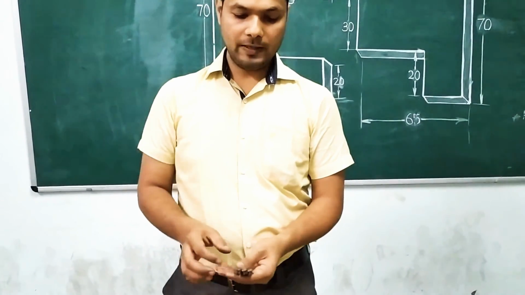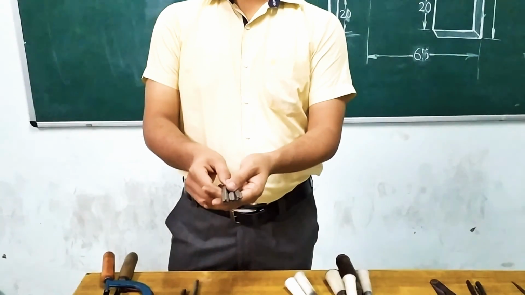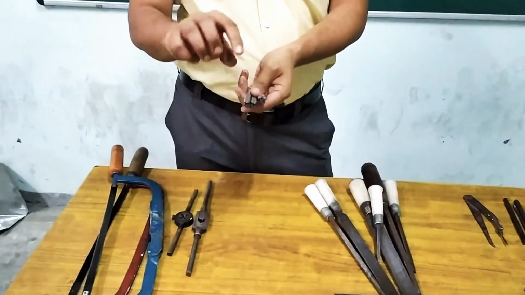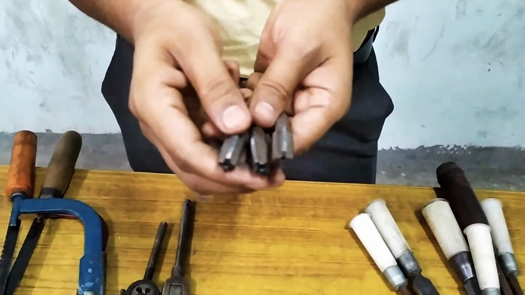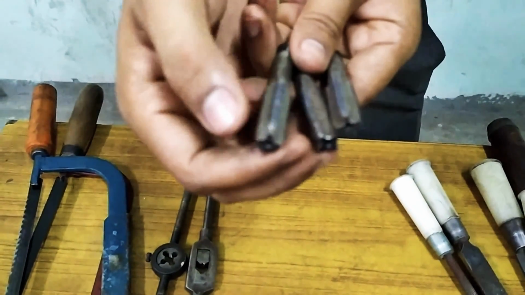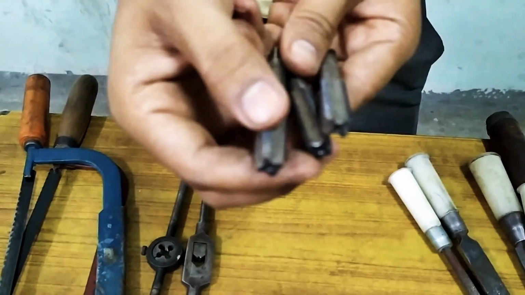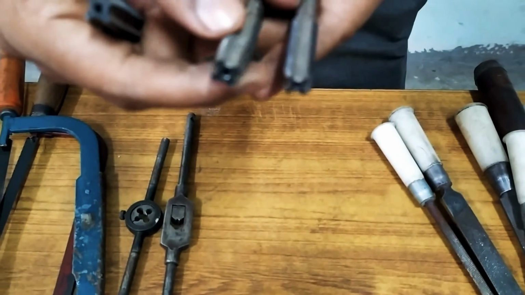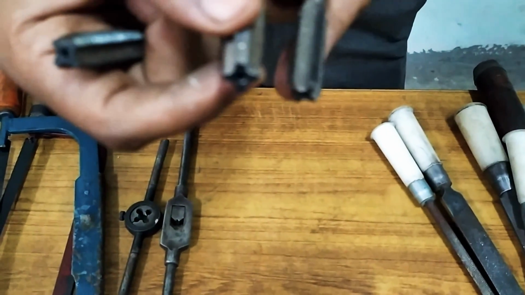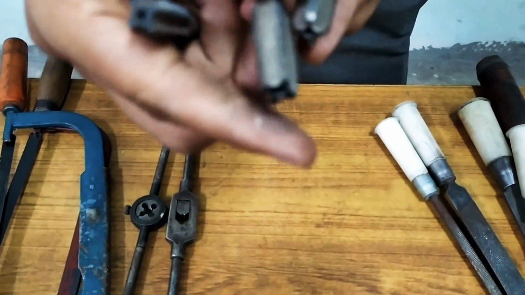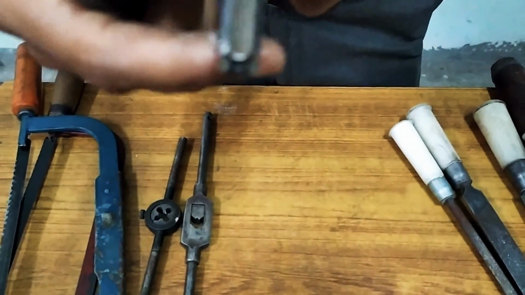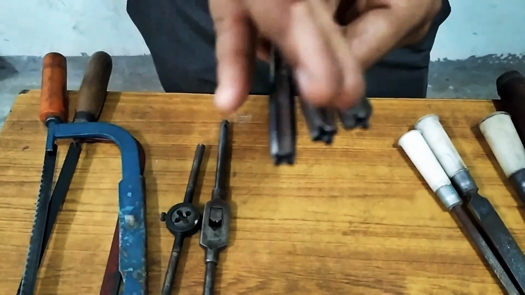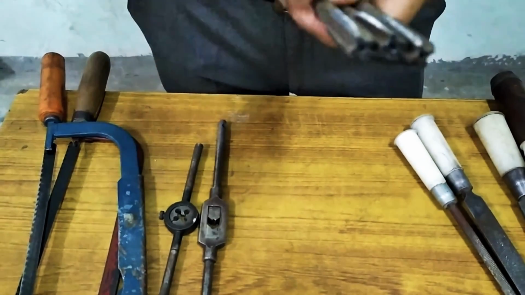These taps are applied in three steps. That's why these are categorized in three categories. The very first tap, which is used to make internal thread in a hole, is called taper tap. This is the very first tap which is applied for making internal thread. This is called taper tap. Then comes the secondary or intermediate tap, and after that we apply the bottom or plug tap. So these three taps are used in the same sequence as I said,